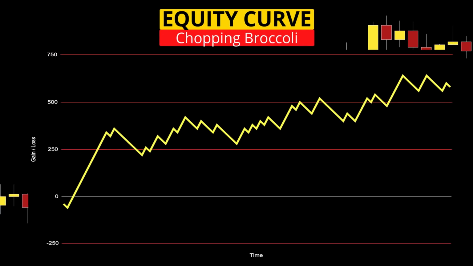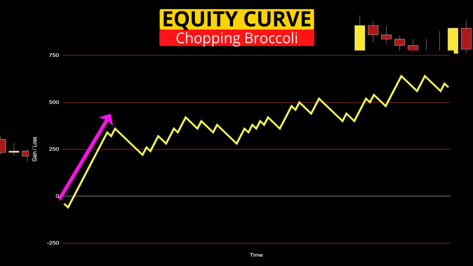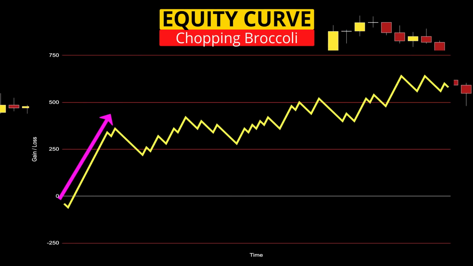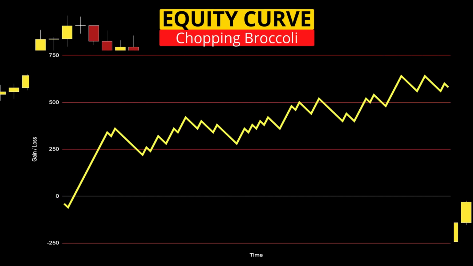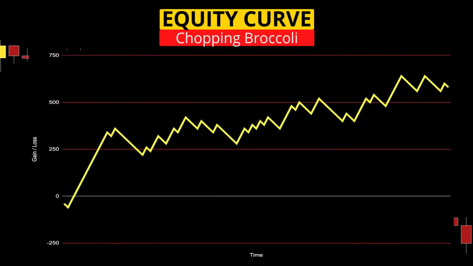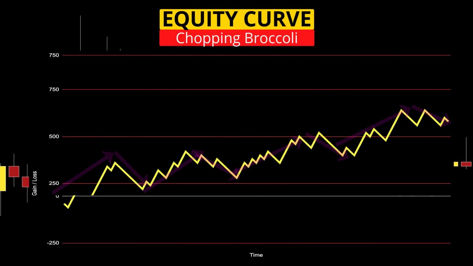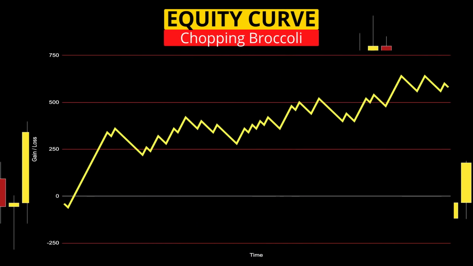To the untrained eye, this equity curve looks like a slice of heaven. We have this super impulsive move up caused by the 10 winning trades in a row, and then we get a very choppy ride to the top. But if we remove those 10 trades, you can see this equity curve does not look so impulsive, and the need for optimization becomes plainly apparent.